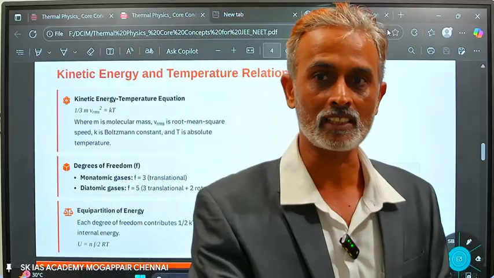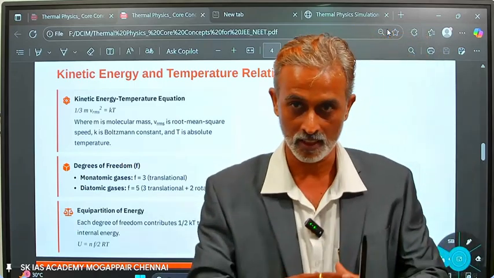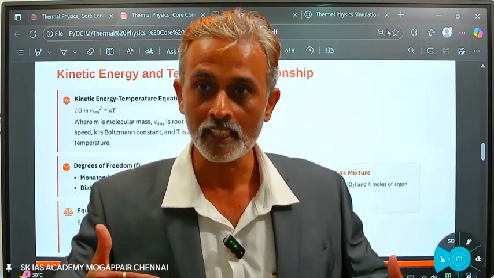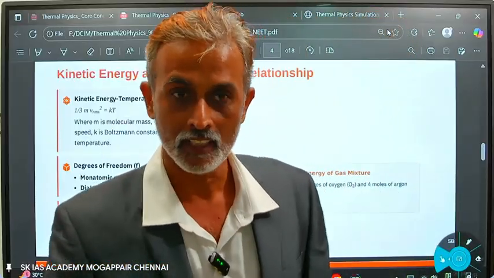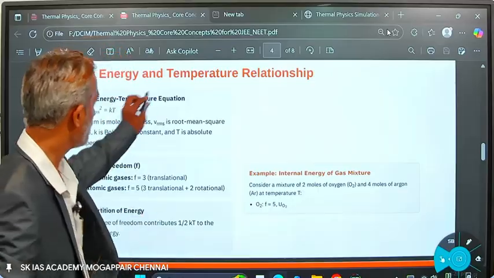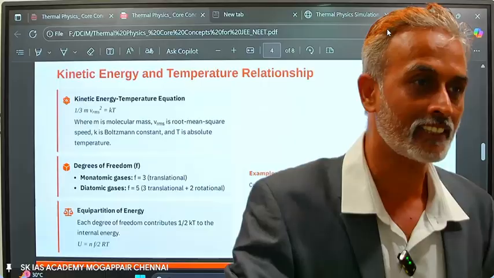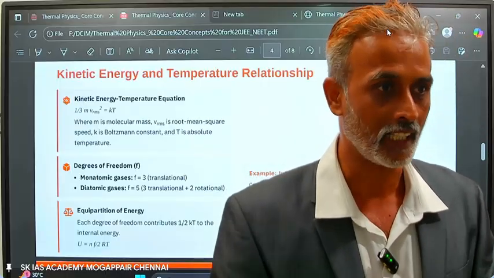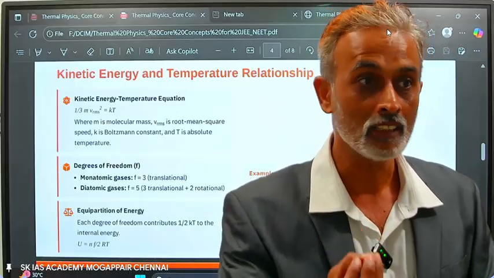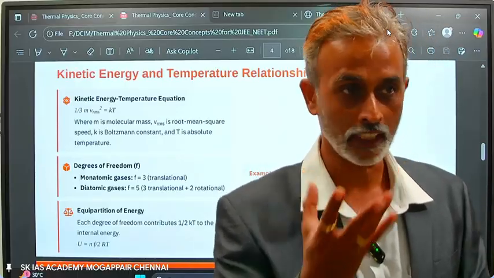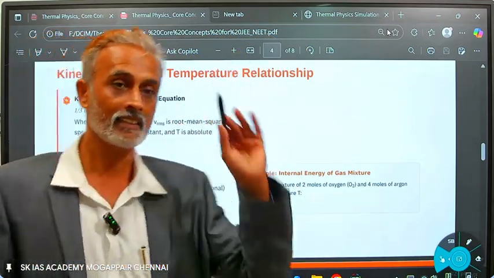When the fast boiling starts, it means inside the molecules are colliding so fast, so kinetic energy increases faster and faster. There is more random motion. When more random motion starts, it will depend on the temperature. How will it depend on the temperature? More random motion, more velocity, and you will see more boiling. So we can say that there is a relationship between the kinetic energy and temperature.